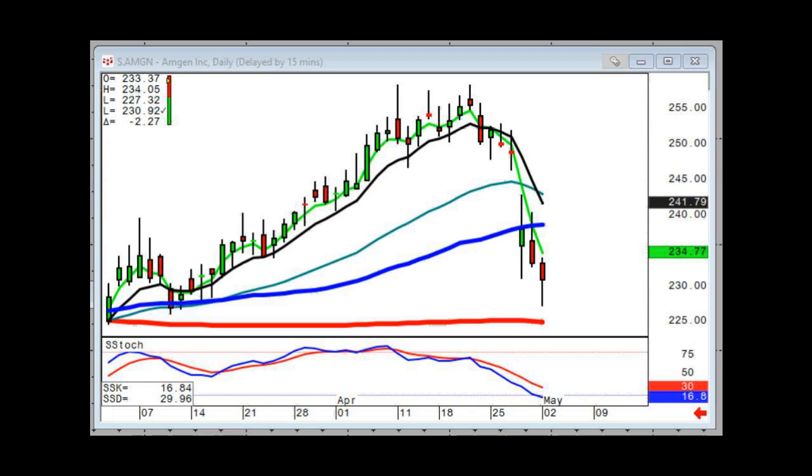I try to do spreads in stocks that are already well oversold. However, remember there's a major logistics problem with spreads, and that is both sides have to be executed at the same time. And if you don't have a lot of volume in, let's say, the puts, let's say you were doing a 235, 230